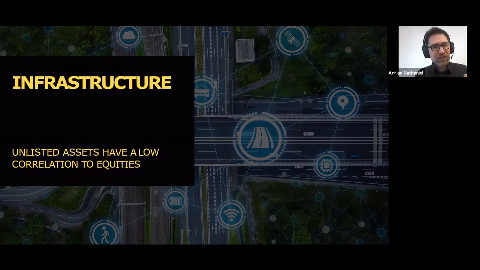So anyway, this is one of the asset classes here, and another way to make sure that it has a low correlation to financial markets is to have directly owned assets. An example of that may be a solar farm, where it's not publicly listed. It's being built, and you buy a portion of that.